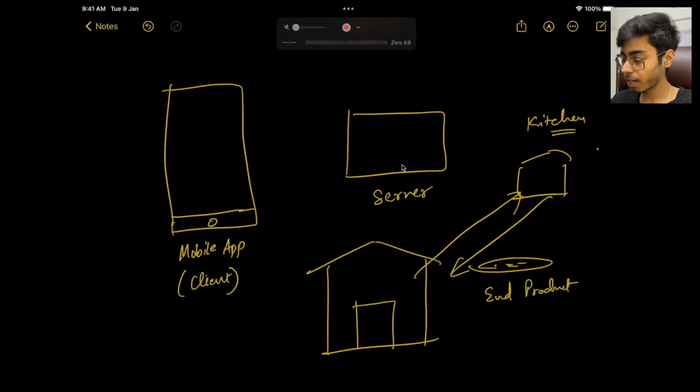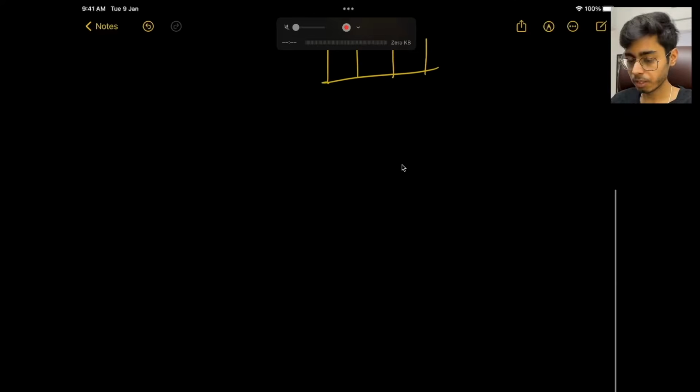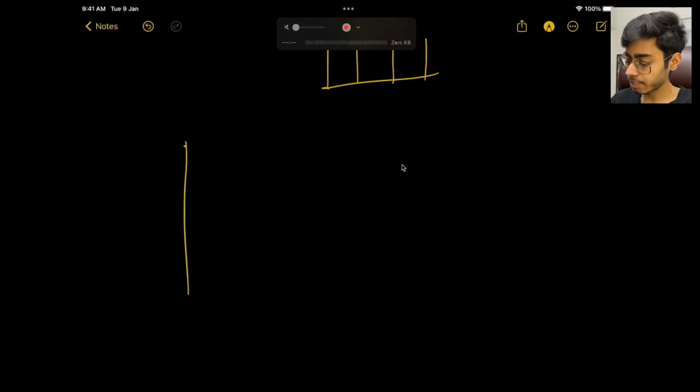You're concerned about the hygiene of this product. You're concerned about the look and presentation of this food, right? But you don't care how it is prepared. What all ingredients are put in this food, you don't care, right? Or you're not interested in that stuff. Similarly, whenever we build a software application also, a client is there which interacts with the user,